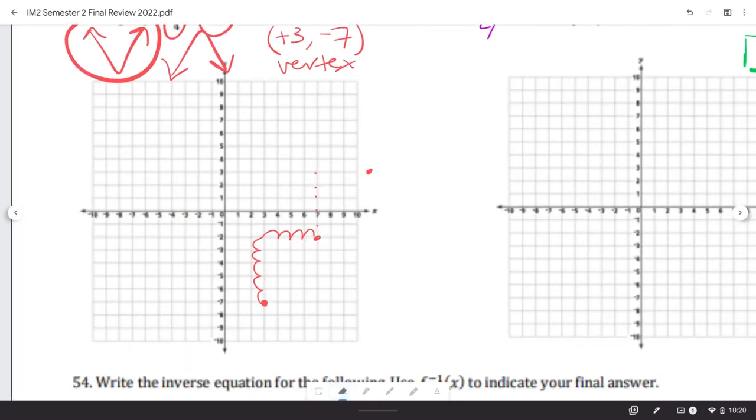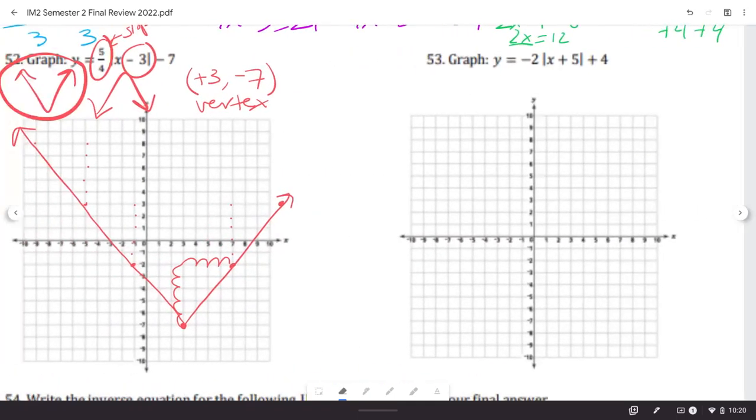It's an absolute value. So what happens is you're going to do it to the right, and you're going to do it to the left. 1, 2, 3, 4, 5, 4. Make sure you draw that line all the way across. Okay, so notice this one